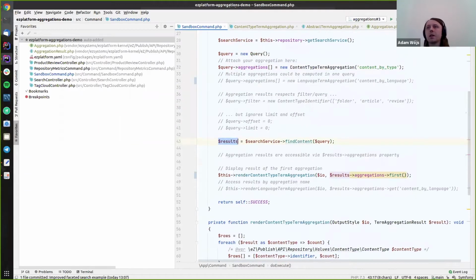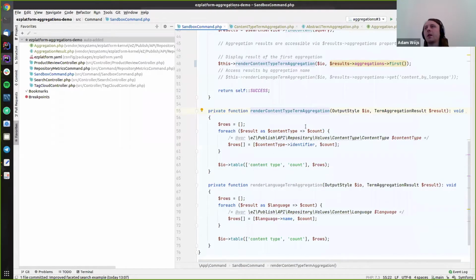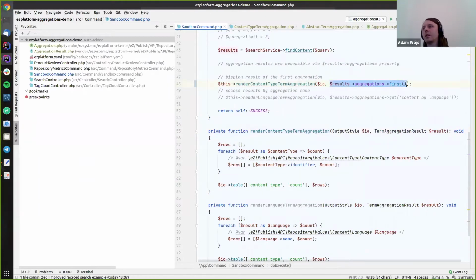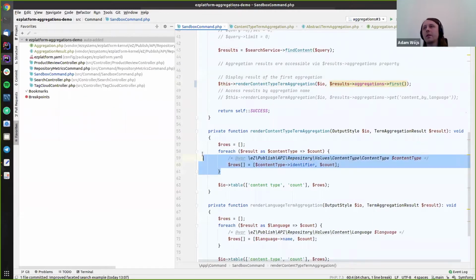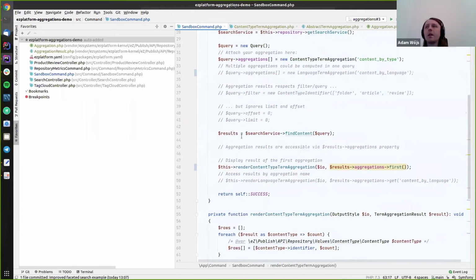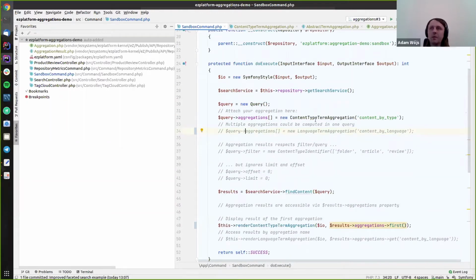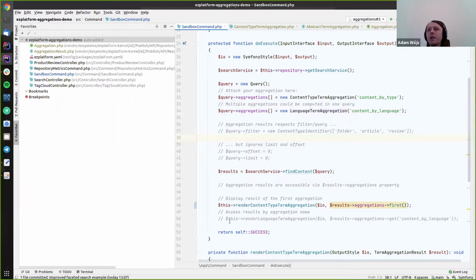Here we execute the query with aggregation, and then we are accessing the first aggregation result from it, iterating over its results, and basically printing it as a table. In a single query, you could have multiple aggregations attached, of course. So for instance, when I add to this query a language term aggregation, as well as enabled results here,